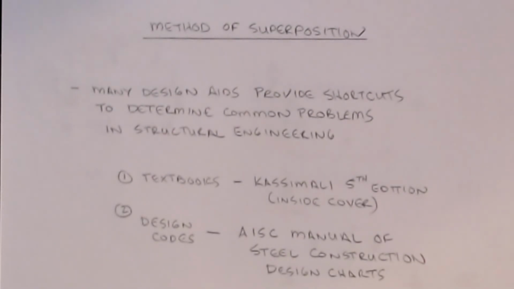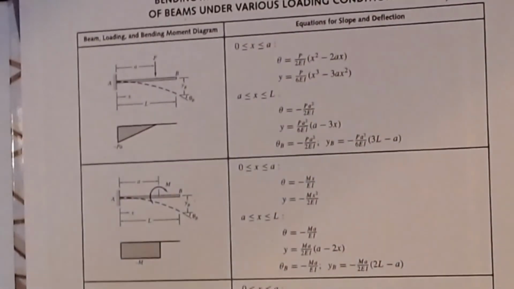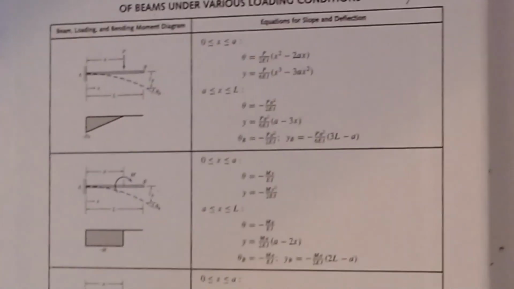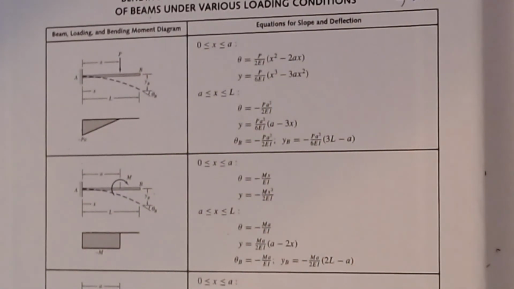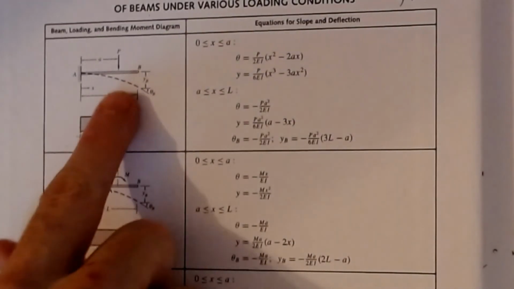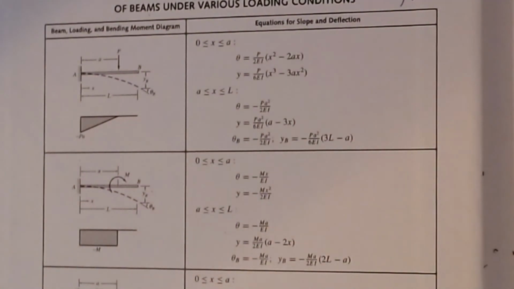The first one I'm going to show you is our textbook, which is the Casamali 5th edition. If I pull that up here, inside the front cover, we can see there's a chart that looks something like this, and this is generally the basic format of what we have. Now let me zoom this out a little bit so we can see more of them. You can see that for a simple case, and they've got 8 or 9 different cases inside the front of the book, and other resources have a lot more, but the Casamali sticks to some basics, if we have a point load on a cantilever beam that is a distance of a from the wall on this,